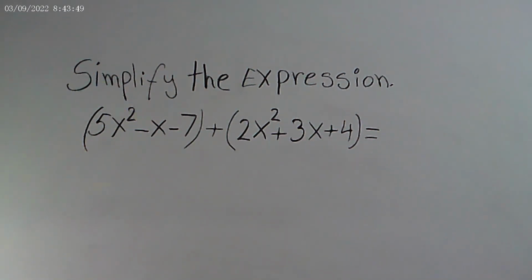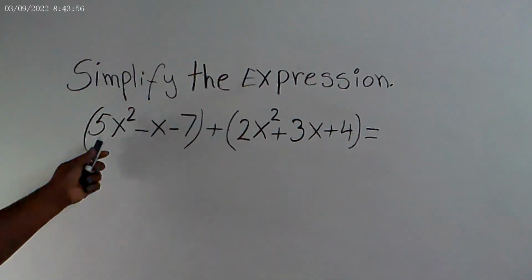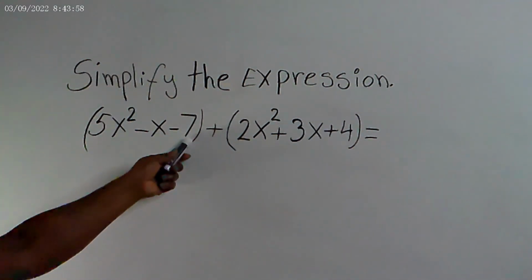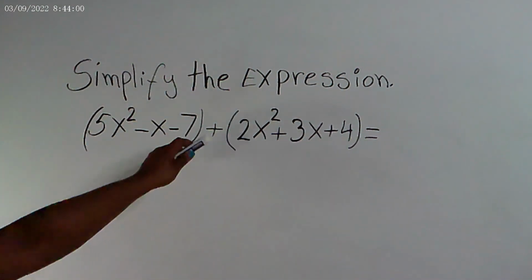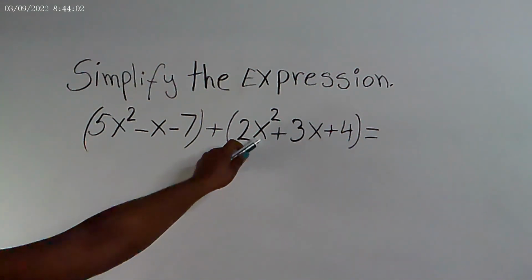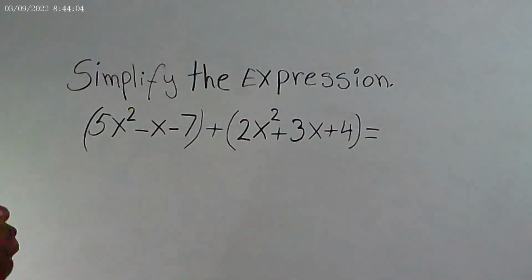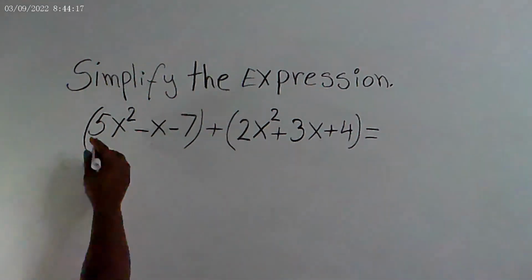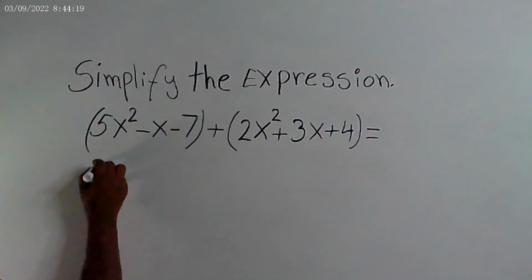Next example, simplify the expression. Parentheses 5x squared minus x minus 7, parentheses, plus parentheses 2x squared plus 3x plus 4 equals. So first thing, you take out the parentheses. Pay attention to this sign because somewhere the sign can be changed. Okay? So we have 5x squared